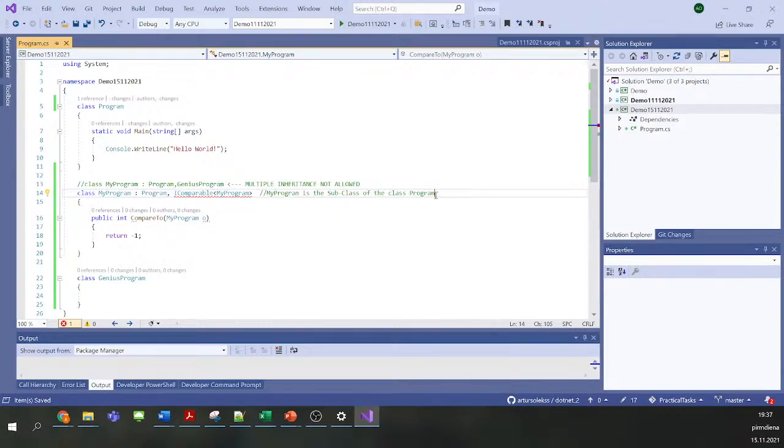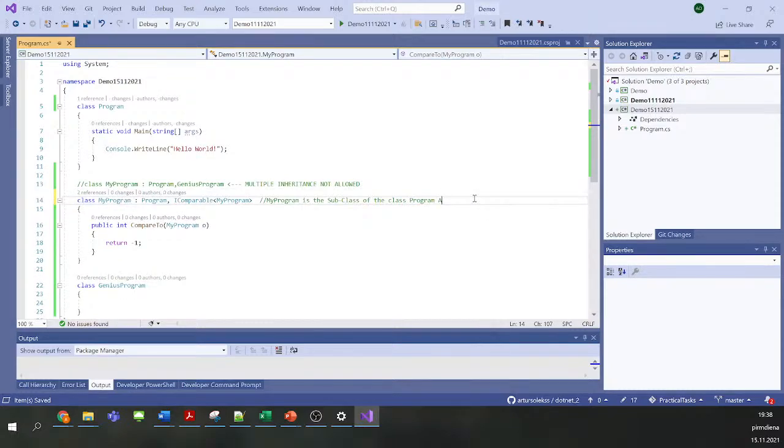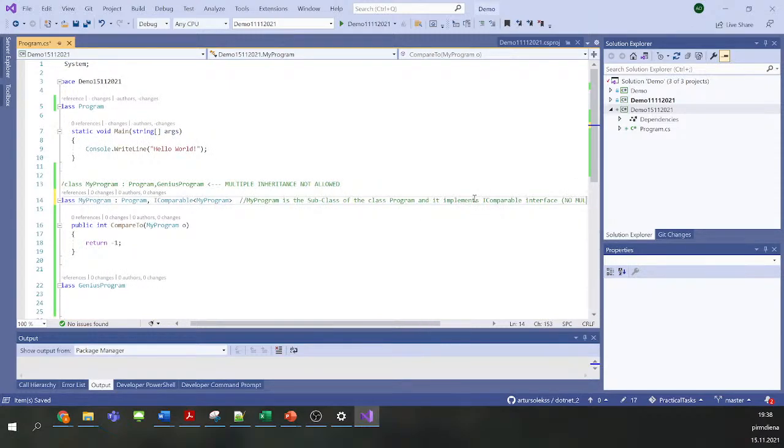And it implements the Comparable interface. I think I'll write that there is no multiple inheritance here, just so as not to confuse you.